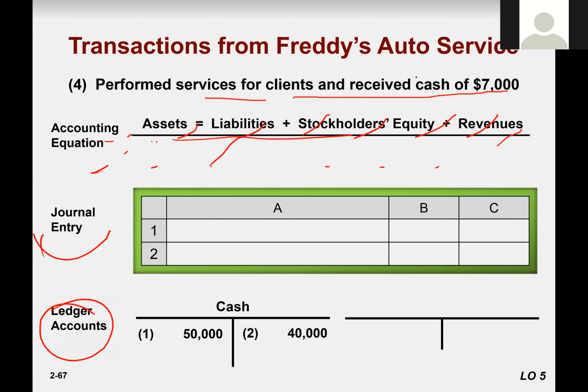So, which two accounts? Number one, cash, and receiving cash for the service performed means revenue. Number two, mark increase or decrease. So is cash an increase or decrease? The business is receiving